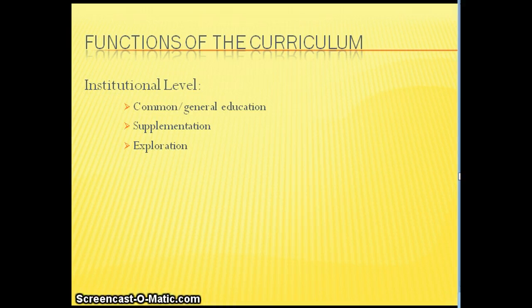And so if you were developing a curriculum to serve this particular function, this would be the idea that learners can, rather than going through and learning just the general knowledge that everybody needs to know, this is the type of curriculum where learners can discover and participate in inquiry and figure out the things that interest them. So they develop their own personal interests here.